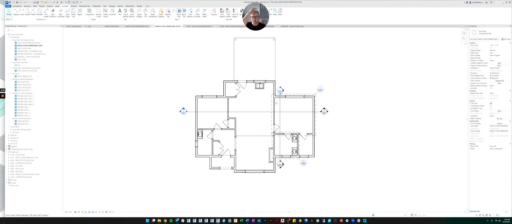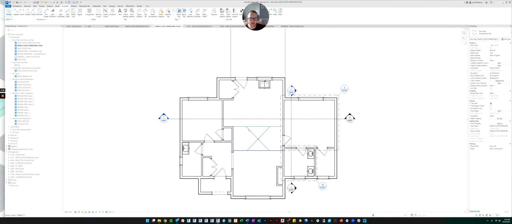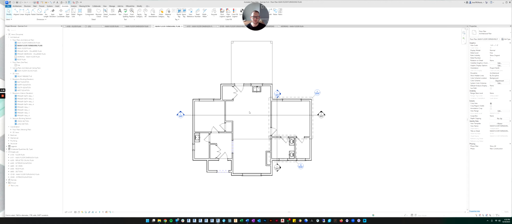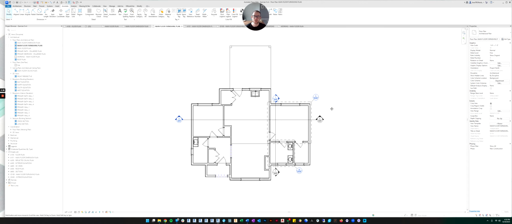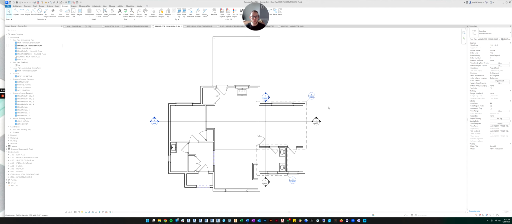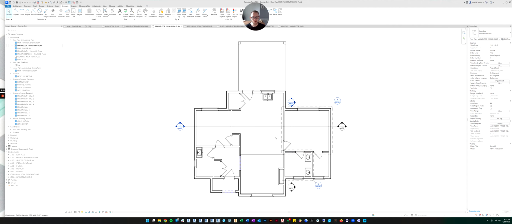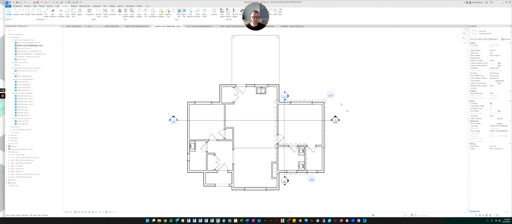All right, so for this video, we're going to go over annotating a furnishings plan. The point of the furnishings plan is to show all of the finishes. Sometimes the furnishings plan is called a finishings plan. They're used interchangeably often. Either way, the point is to show all of the finishes in the house or the project. It also gives you a place where you can link to the interior elevations.